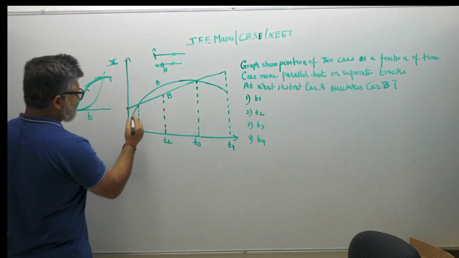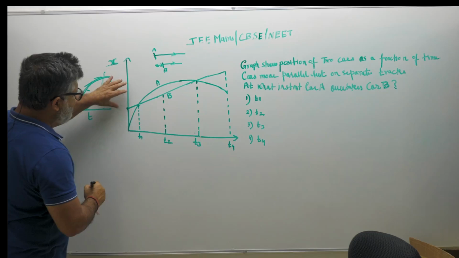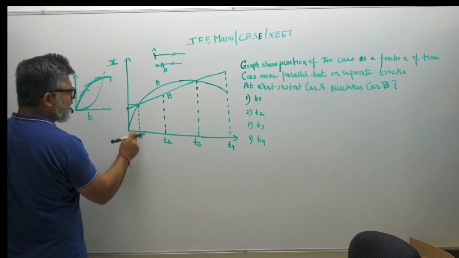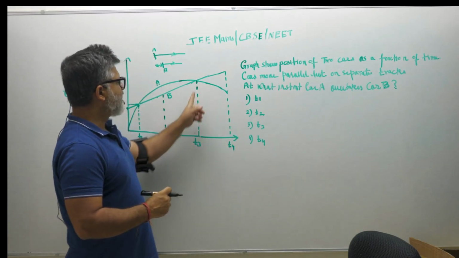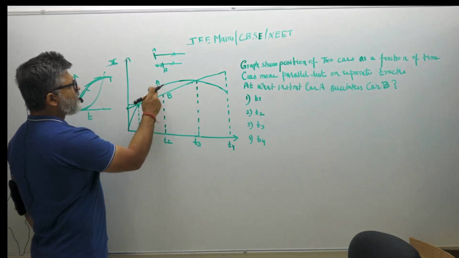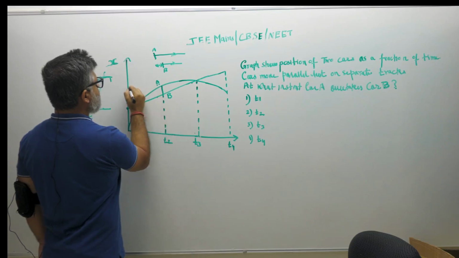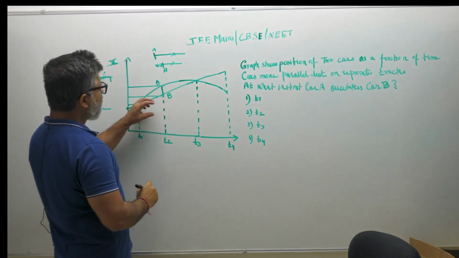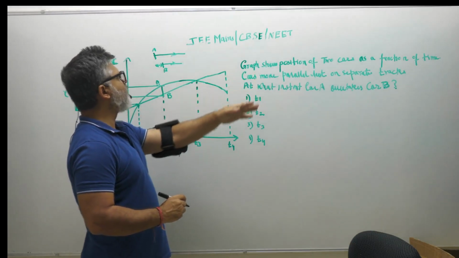And then there are points. This is a point where the two cars meet each other. They have the same position, by the way. At T1 they are meeting each other. They meet at certain points. Let's talk about T3. They meet each other, right? What is happening at T2? The position of A is more than the position of B. So this is the position of A and this is the position of B, and therefore at this point of time, A is ahead of B.